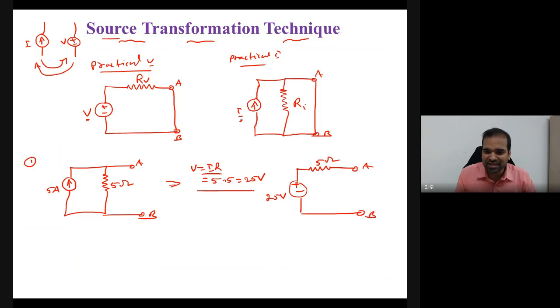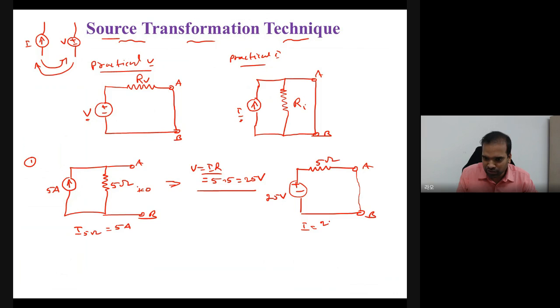Now you want to know whether this is correct or wrong. How can you know? In the given problem, what is the current at the 5 ohm resistor? This is connected in series, and this is an open circuit, so no current will go to terminals A and B. The total current will come towards the 5 ohm resistor. So the current at the 5 ohm resistor is 5 ampere. Then what would be the current at the 5 ohm resistor here? If you consider this as a short circuit like this, now you can find it as per KVL, I equals V by R.